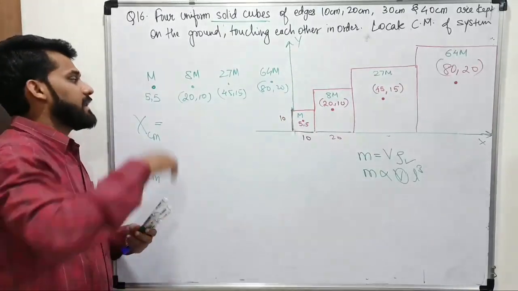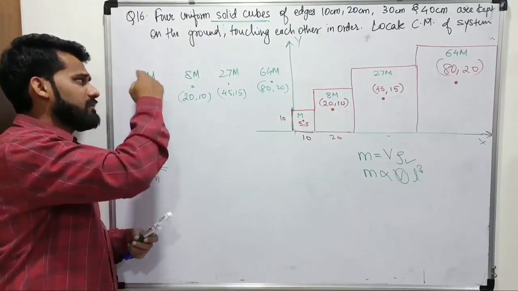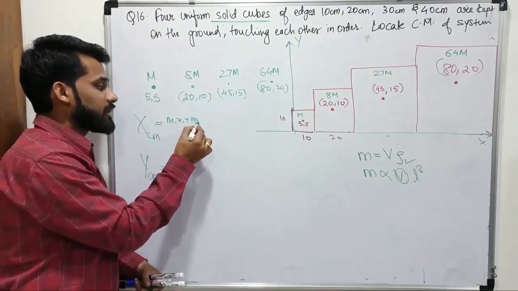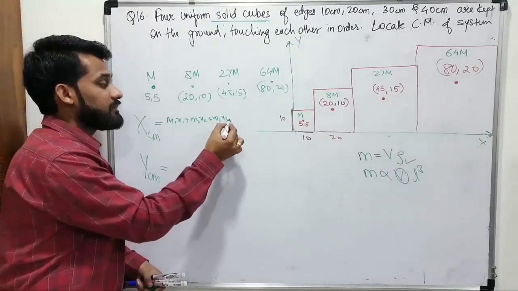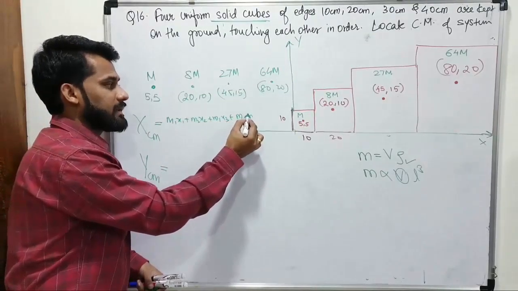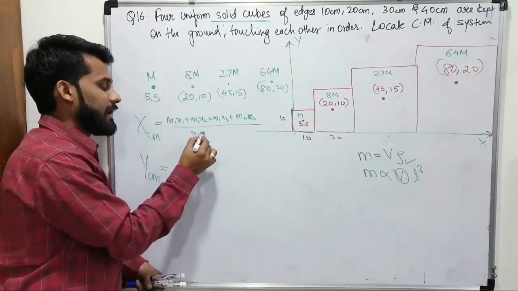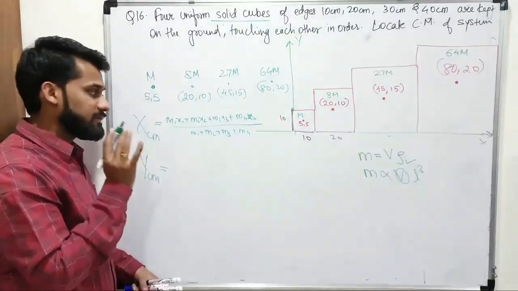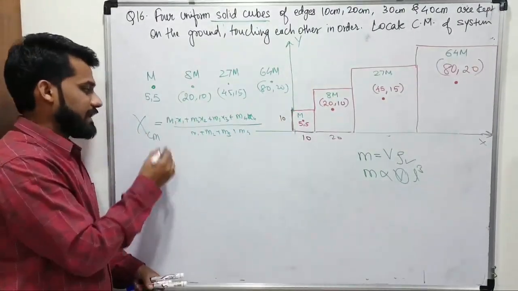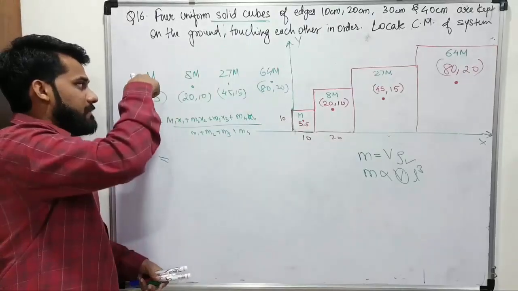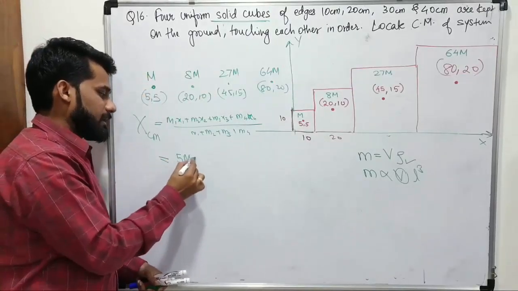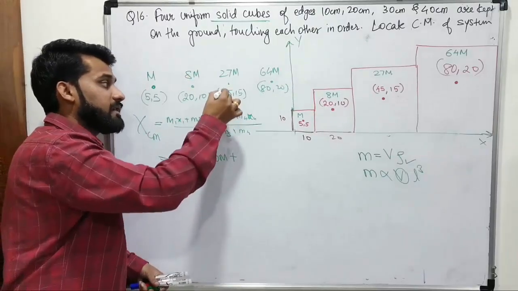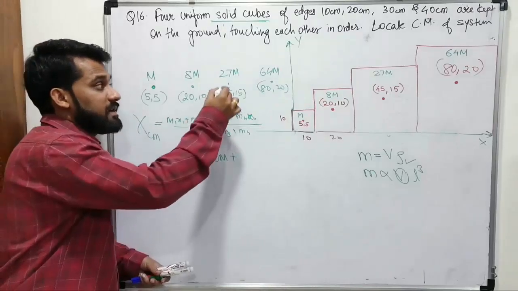The formula of xcm is m1x1 plus m2x2. I will write the formula: m1x1 plus m2x2 plus m3x3 plus m4x4 up to mnxn. Here there are only 4 terms, divided by addition of all the masses, right? Similarly for y, the same formula. I will use the formula now directly. If I put the values, m into 5 is 5m plus 8 into 20 is 160m plus 27 into 45,